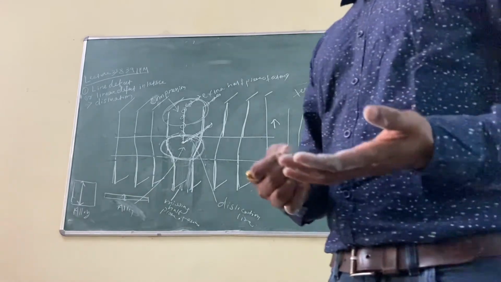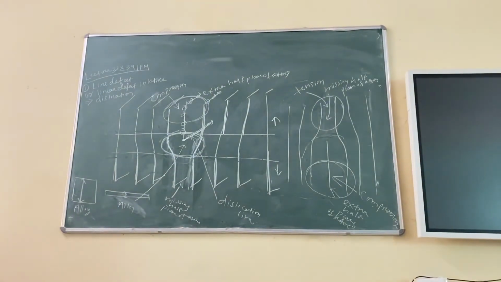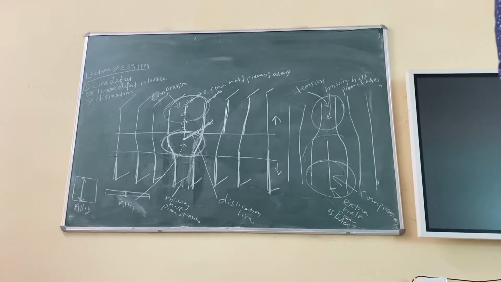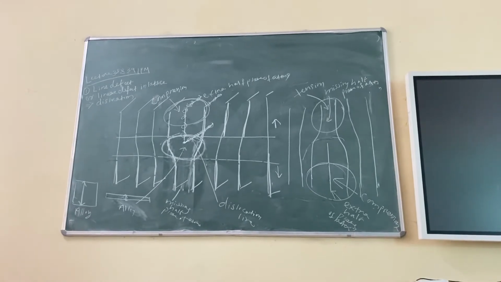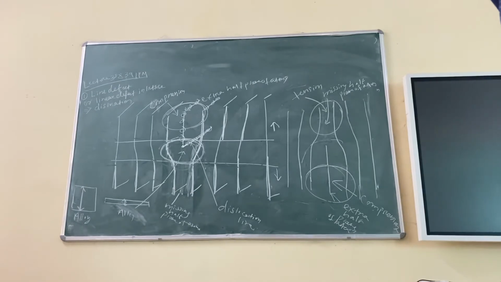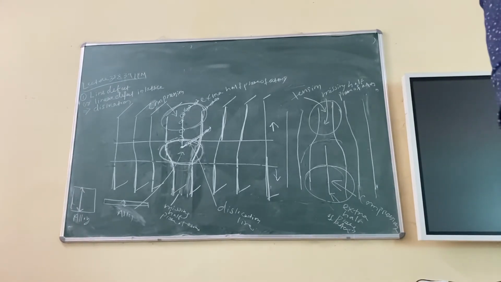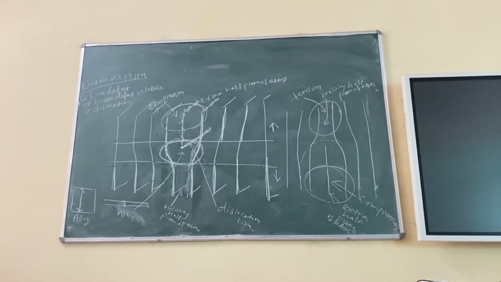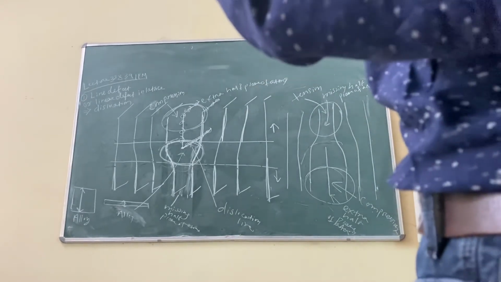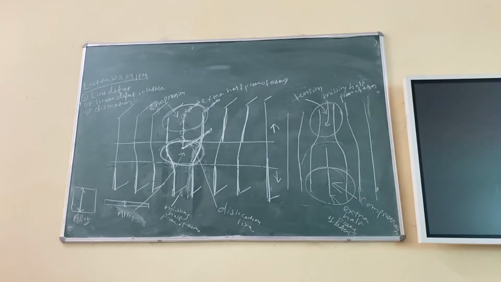Somebody will ask, suppose you want to increase the strength of any alloy or any metallic material, what can be done? The simple answer is, you do something so that dislocation cannot move easily, right? You create hindrance to the motion of dislocation. So again I am saying, if dislocation can move easily in a material, the material is highly ductile. But if dislocation cannot move easily, the material has high strength.